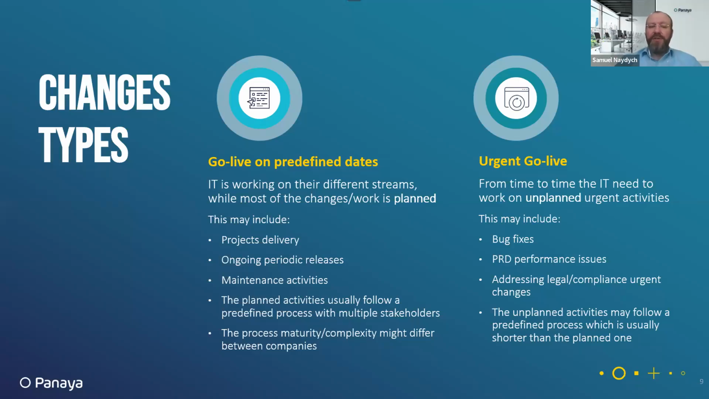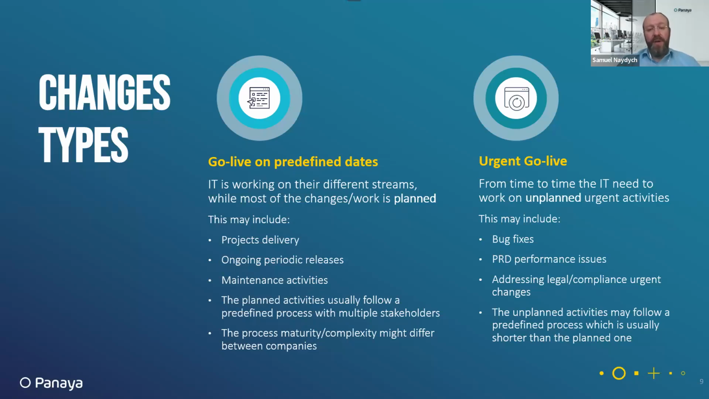Let's talk about the types of changes which are there. There are two main types of changes. The first one, and the standard one, is the planned change. These planned changes are usually part of different streams and projects. It may include, as mentioned before, project delivery, releases which are ongoing and periodically ongoing, maintenance activities which need to be performed from time to time, and of course, all these planned activities are following the predefined process, which might be complex depending on the maturity of the organization, and handled by different stakeholders